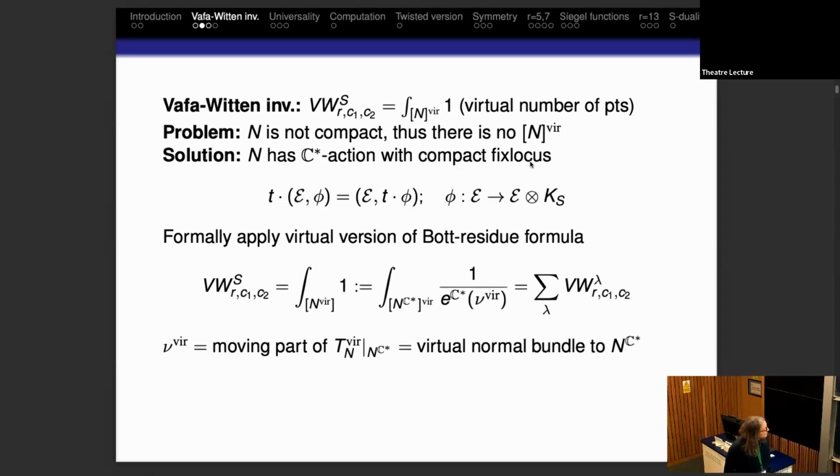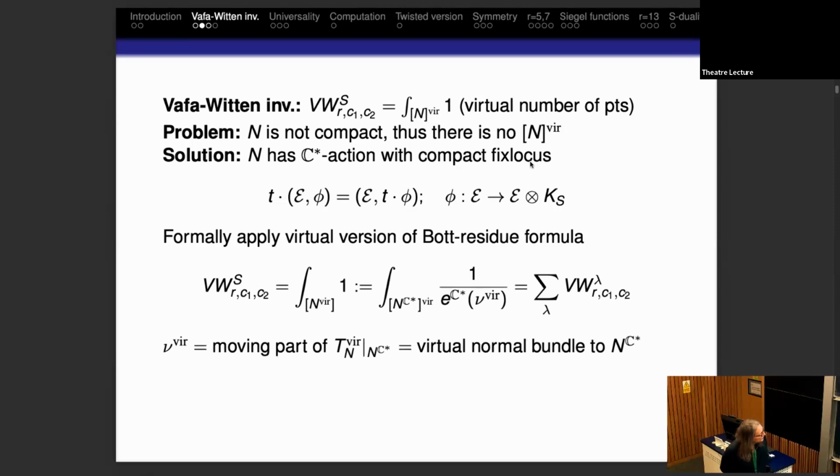So the Vafa-Witten invariant, which one would view as the integral of 1 over the virtual fundamental class of this moduli space, is defined via the Atiyah-Bott localization